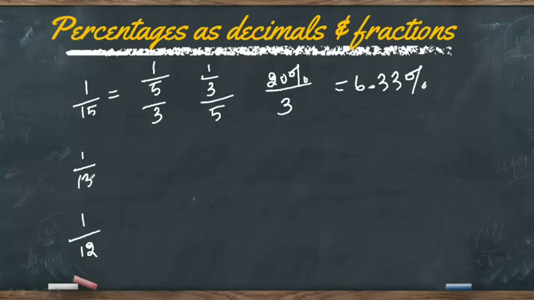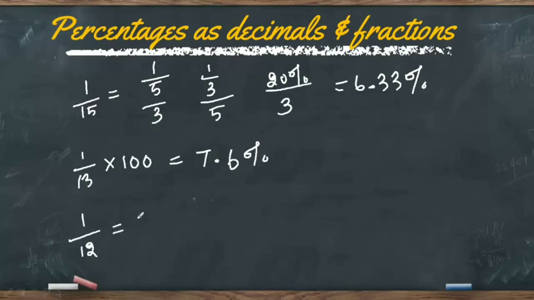Well, similarly for 1 by 13, as it's a prime number, we cannot derive it from the earlier values. So let me just calculate it instantaneously. How do we calculate it? Just by multiplying it with 100. 1 by 13 into 100 will give you, how many times of 13 are there in 100? We do have 7 times. 7 13s are 91. So we are left out with 9. In 90, there will be obviously 1 less than 7 times. So 6 times. So approximate percentage representation of 1 by 13 is nothing but 7.6%.